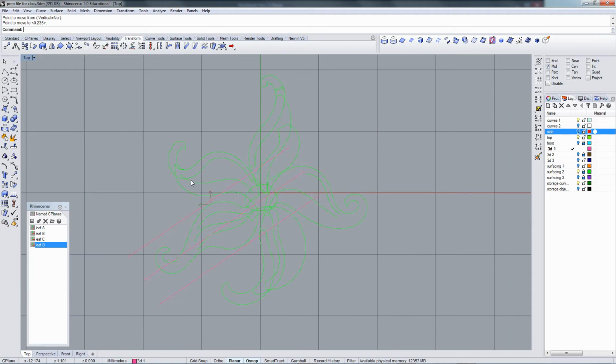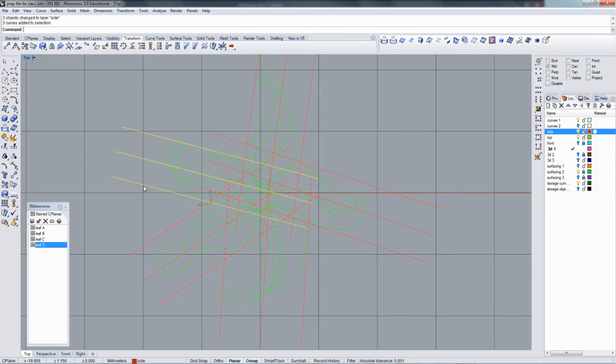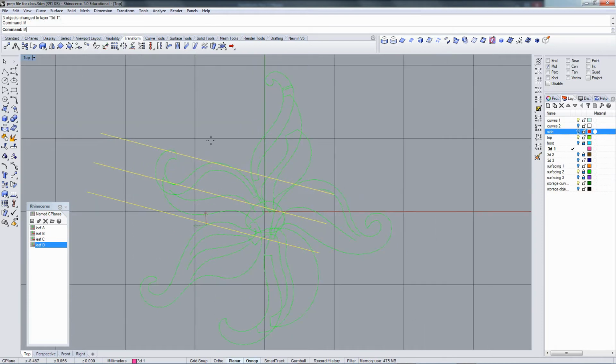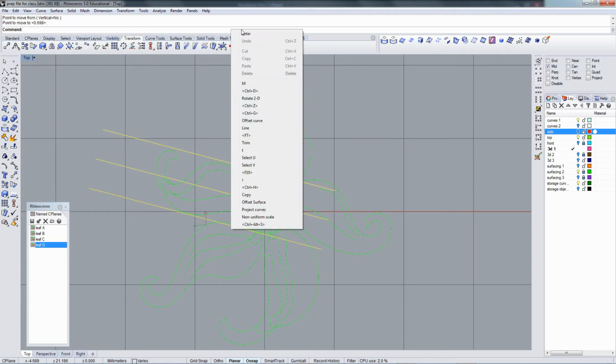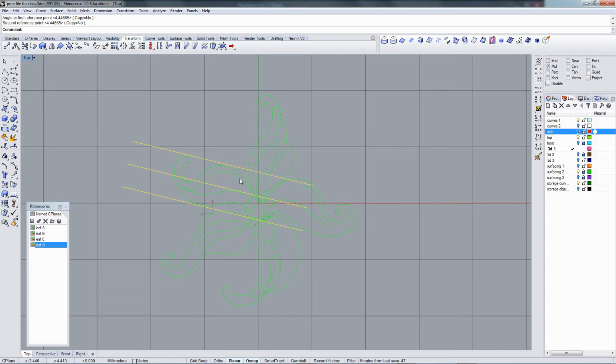That looks pretty good. This is the final one here. I think this one needs a little adjusting. I think that's pretty good. Okay, so now the next step is going to be to put in those